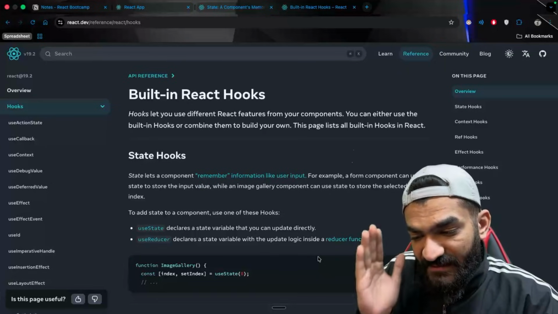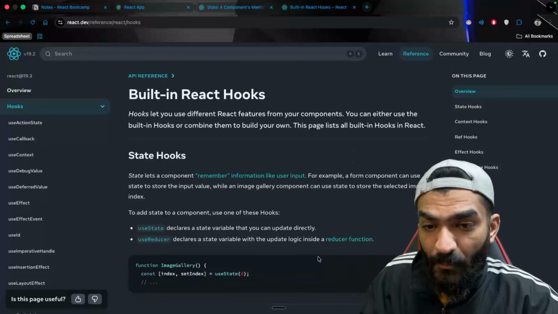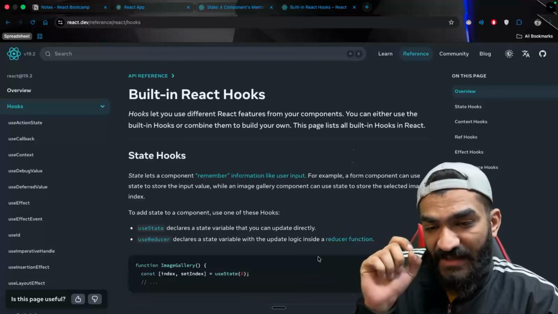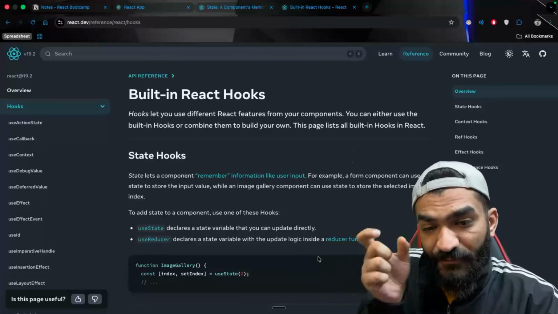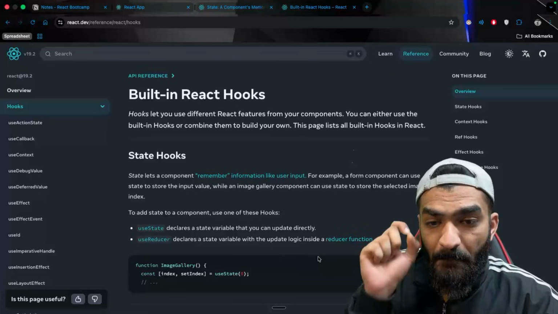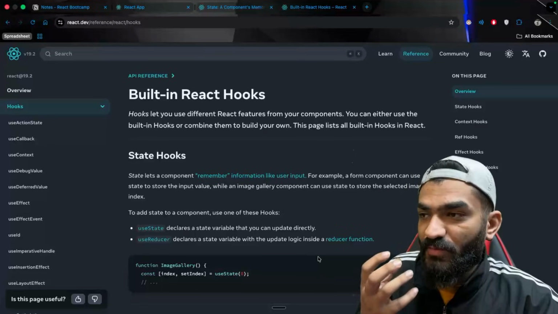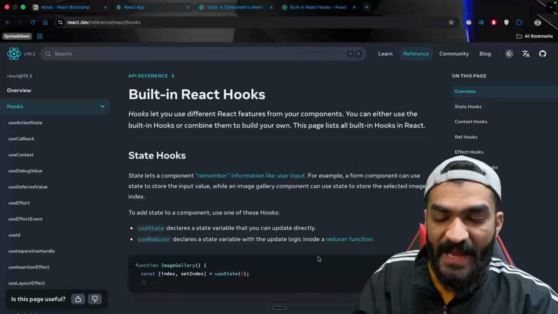Because managing state was inbuilt in class-based components, but it was missing when React was converted from class-based to functional components. So in functional components, if you want to manage your state, you have to use a hook,